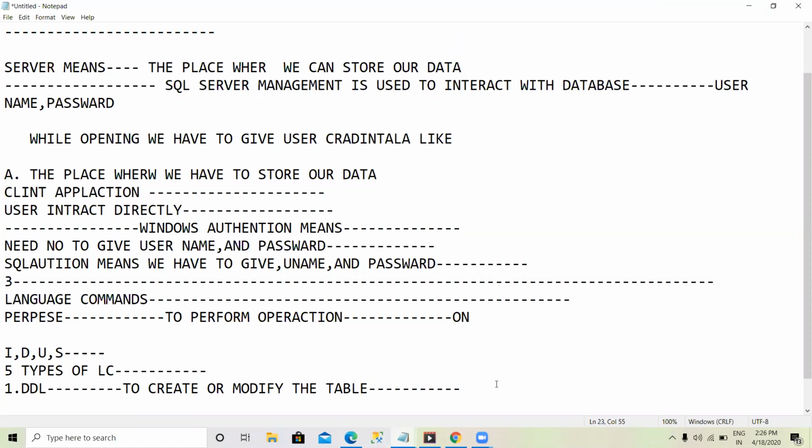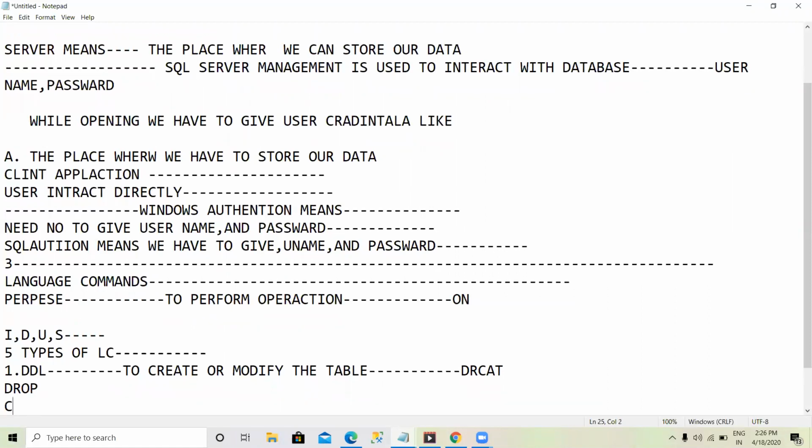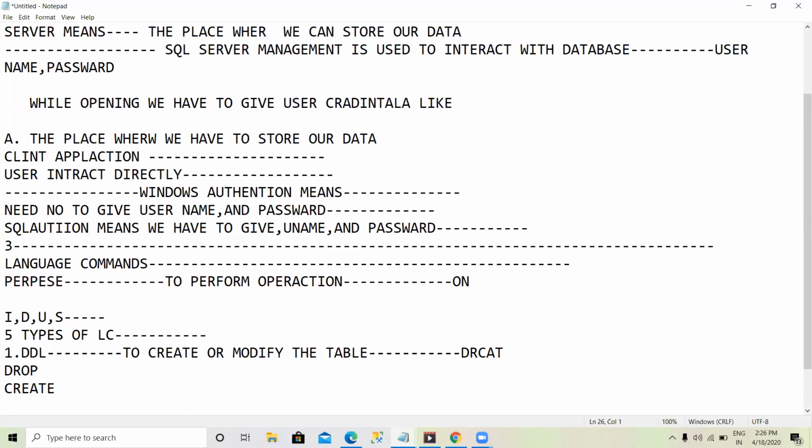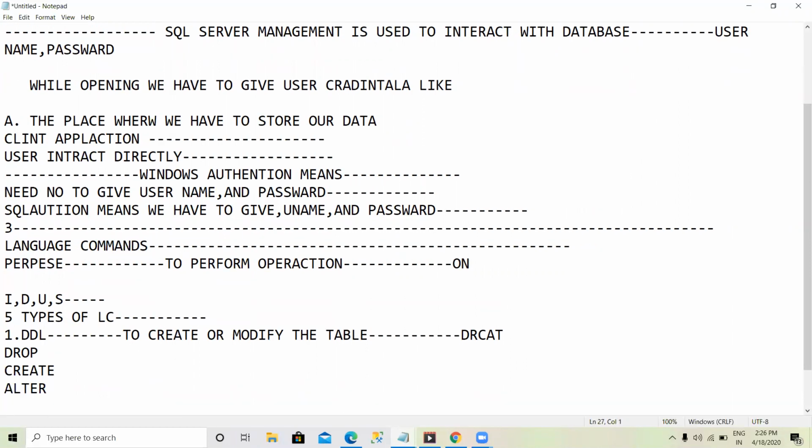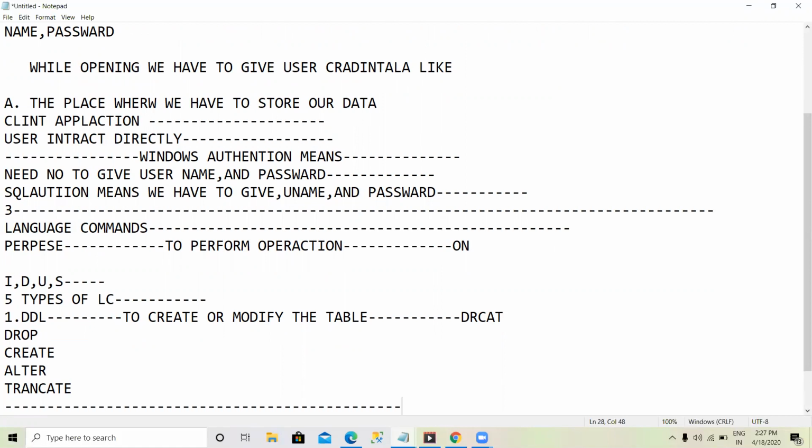Simply, to remember, use DRCAT: drop, create, alter, and truncate. These four operations come under DDL, data definition language.